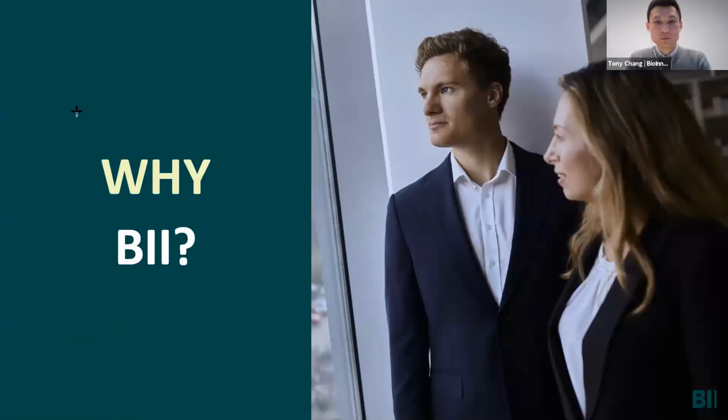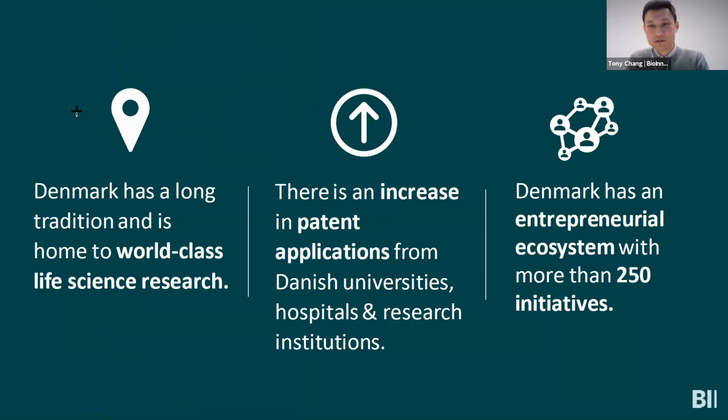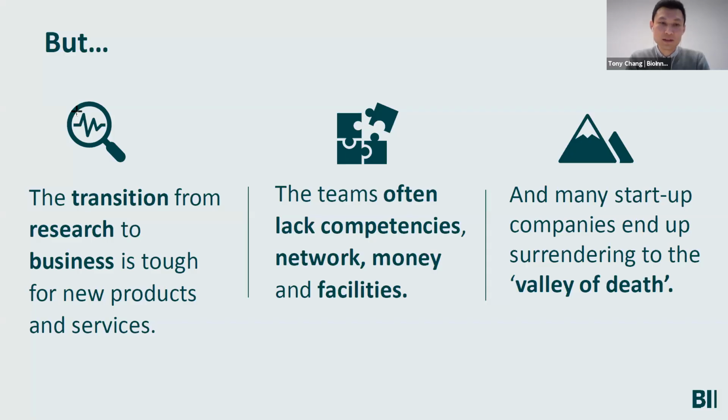So the inspiration behind the Bioinnovation Institute is that Denmark has a long tradition of being a country that's filled with world-class life science research. And there's a lot of innovation activity that's taking place in Denmark. And while the Danish entrepreneurship ecosystem is thriving with numerous initiatives, that still leaves a lot of, I guess, desire for a supporting mechanism like the Bioinnovation Institute, because the transition of research insights to business remains difficult despite a